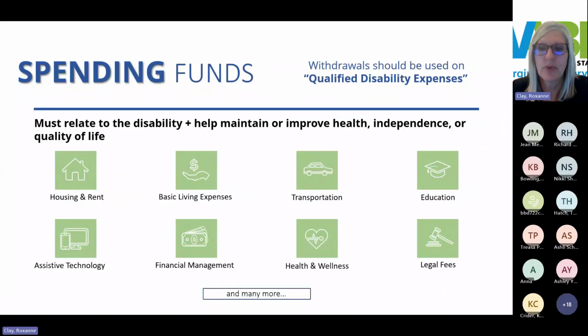So some examples of what falls within those categories would be food, for example, that falls under basic living expense. Of course, any housing and rent related expenses, as far as transportation, fees for using Uber. Bottom line, anything that benefits and supports the child or the adult with a disability. And I always like to suggest to folks, think of it in terms of what would not qualify. So buying gifts for others or giving the funds away. Note that when you spend from the account, we always advise to keep documentation and receipts for what the funds are used for.